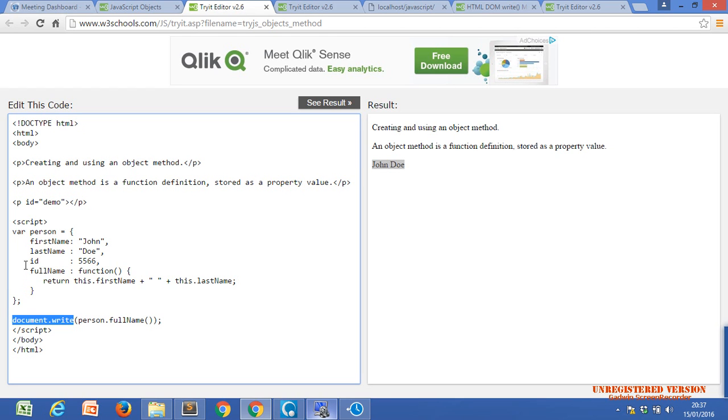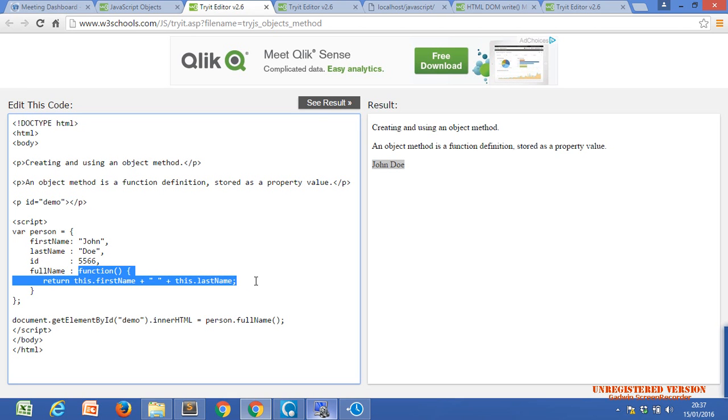So in this, what we are doing is, in the fourth property of our object type variable, we use a function.